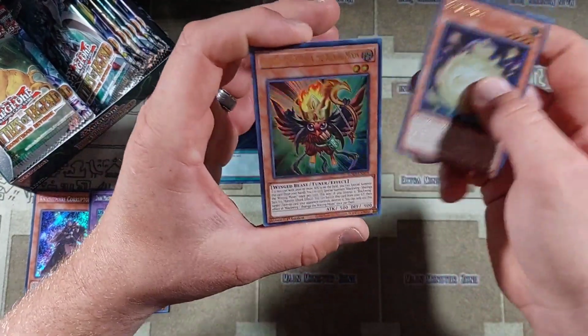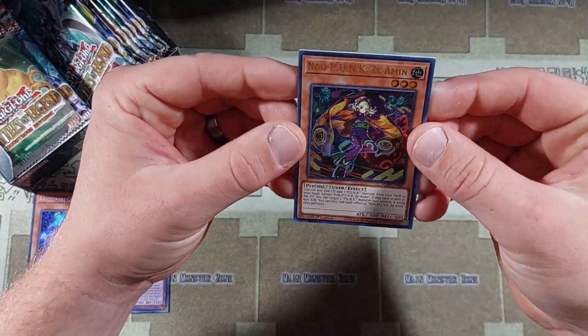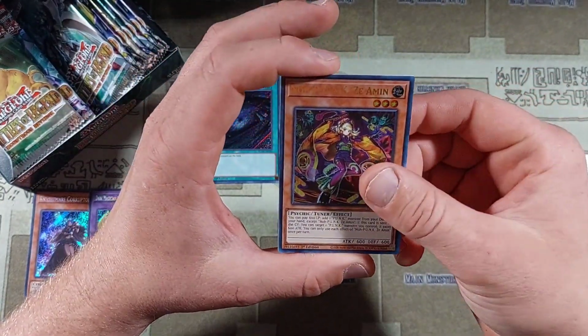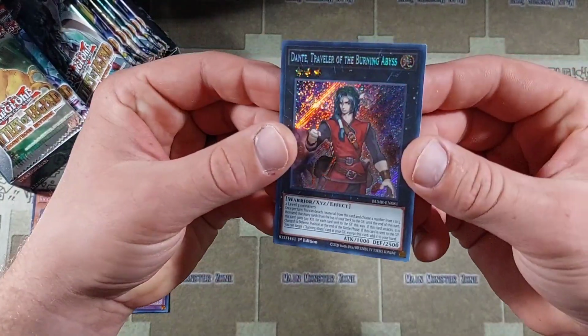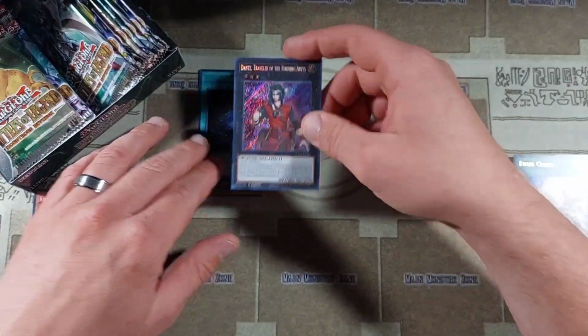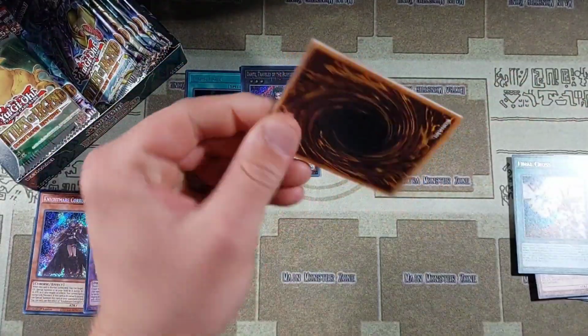So we have a Sakitama, we have another of the Waning Moon. These cards feel like they were cut really weird, like they're almost lopsided. We have a Noah Punk Zayaman, a Final Cross, and a Dante, Traveler of the Burning Abyss. I know that my buddy Cole is going to be super hyped for this set, coming out with the